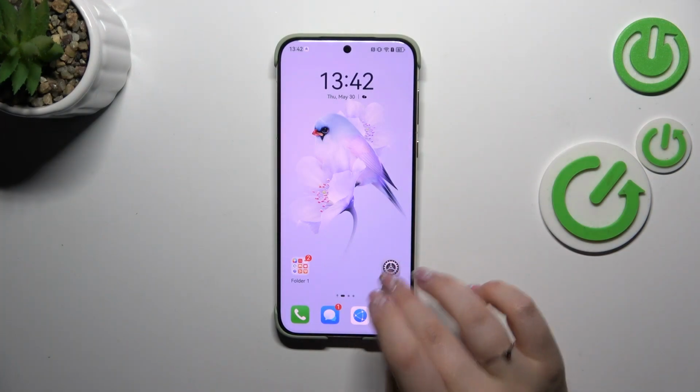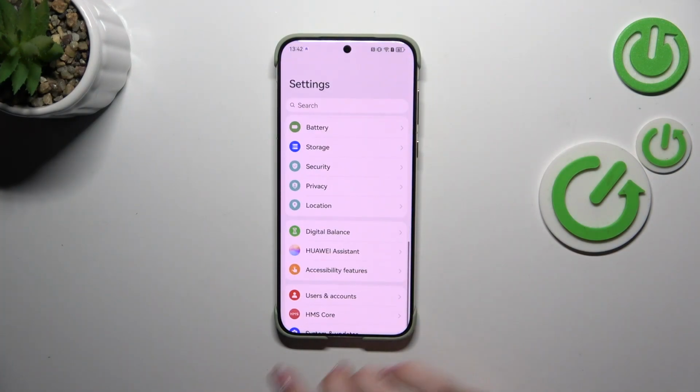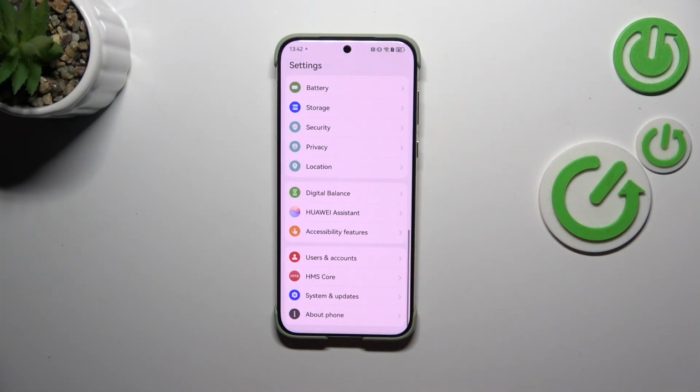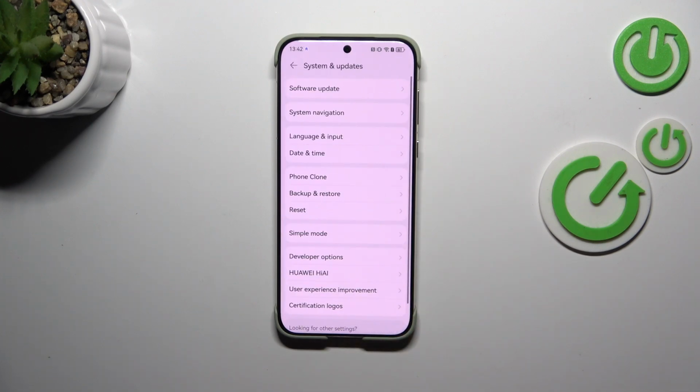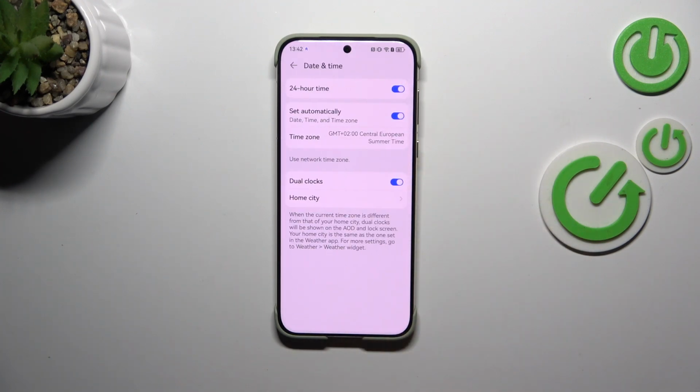So let's start with opening the settings, and here we have to scroll down to the very bottom to find System and Updates. Then let's tap on Date and Time, and as you can see here we've got some options which we can customize. Currently we are using the automatic option, so our device is automatically setting date, time and